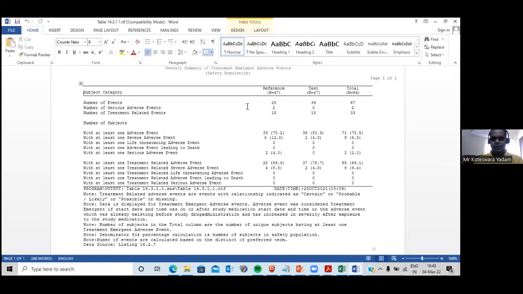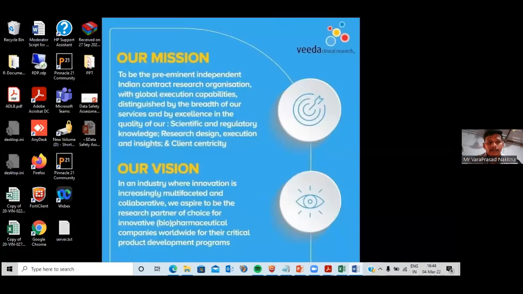If they want a number of events, then we can include the number of events, which will be the distinct count of the total adverse events. Okay. What do you mean by study guide? Okay, study review guide. What we have is